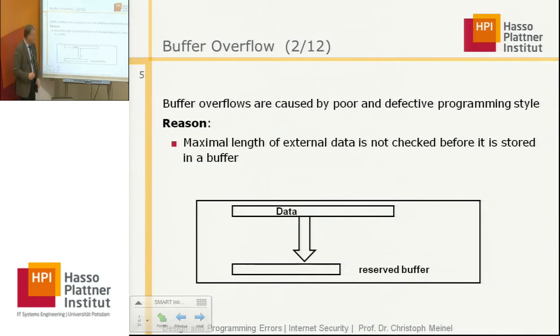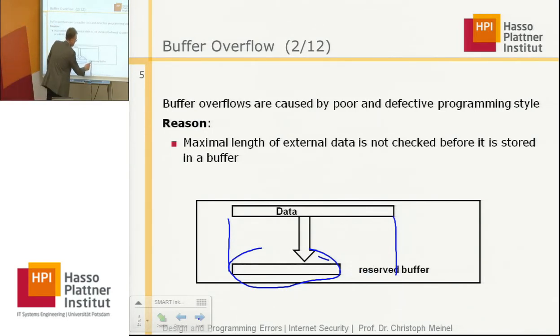So here is a simple picture, one can understand the buffer. This is a reserved buffer, and you see the data that are placed into the buffer is much longer. And here, in this part, we have this overwriting of the buffer. And here can be placed some nonsense data, so we will see a denial-of-service attack, or it can be placed